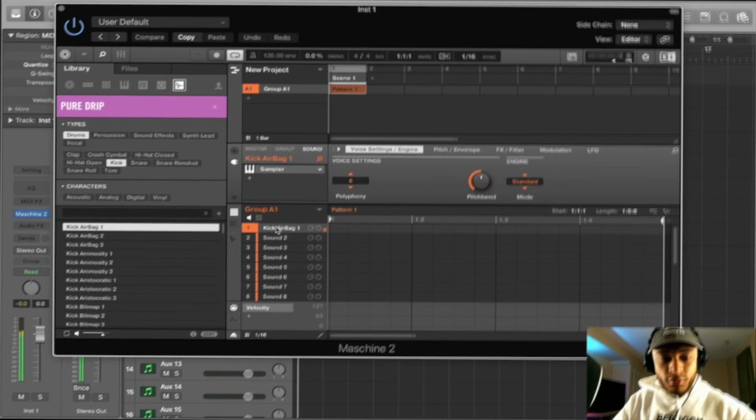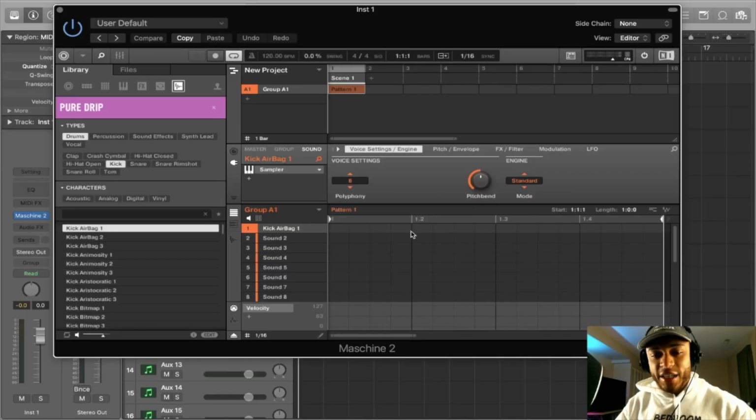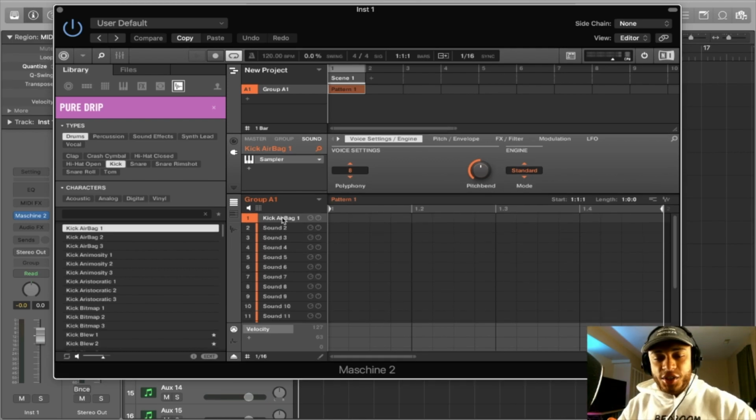You can hear it play right now. So that sound already does sound really cool, but what if I wanted to add some additional textures to it? Or what if it just wasn't hitting the way I wanted to, and maybe adding another kick would make the layer hit a bit harder? The easiest thing to do would be to add another kick, or really any other type of sound that you